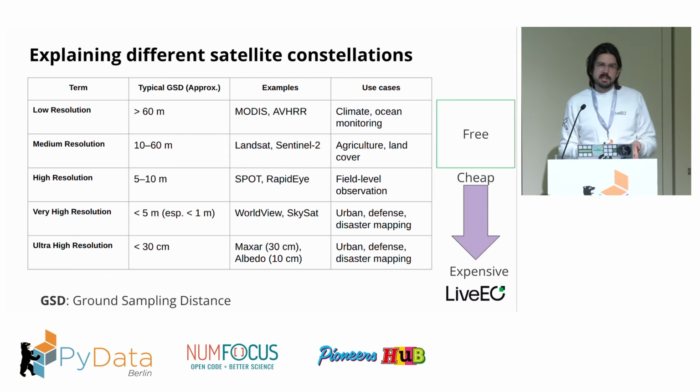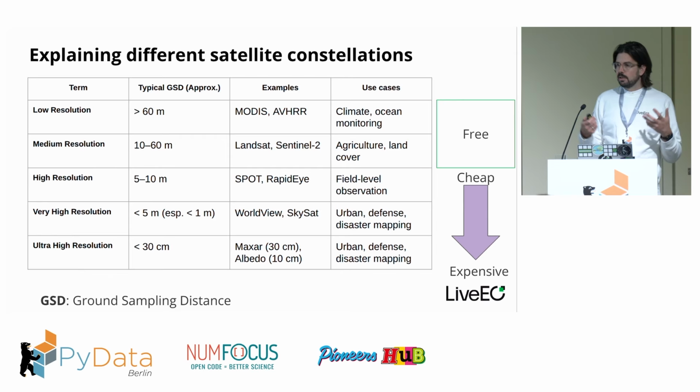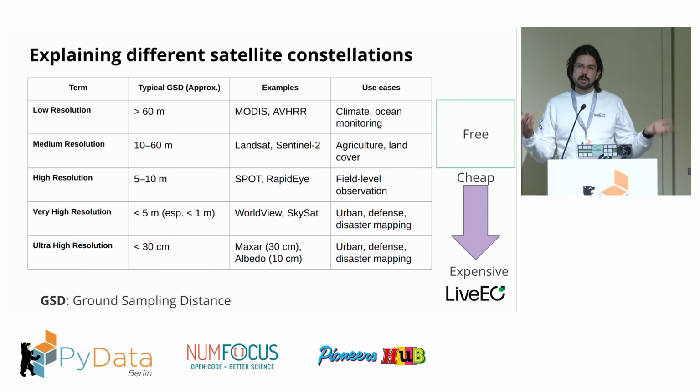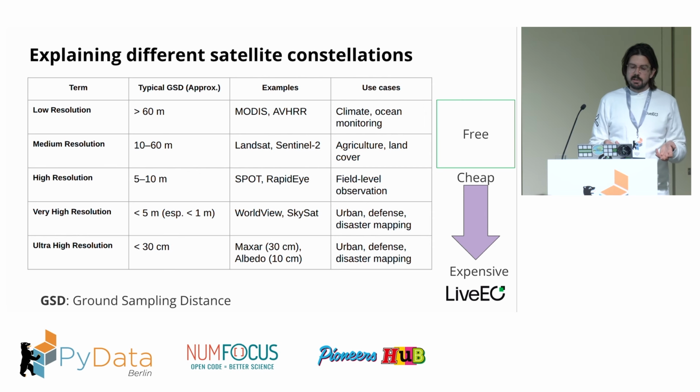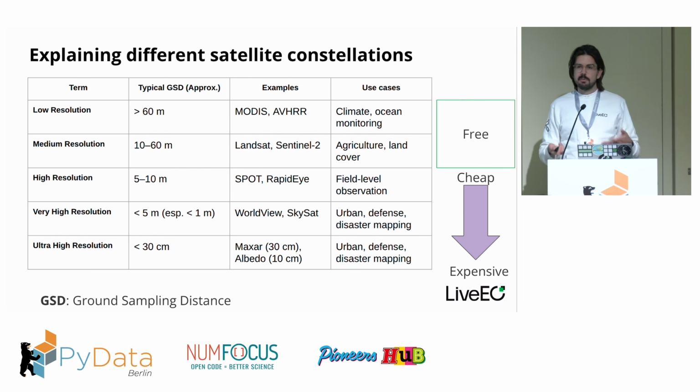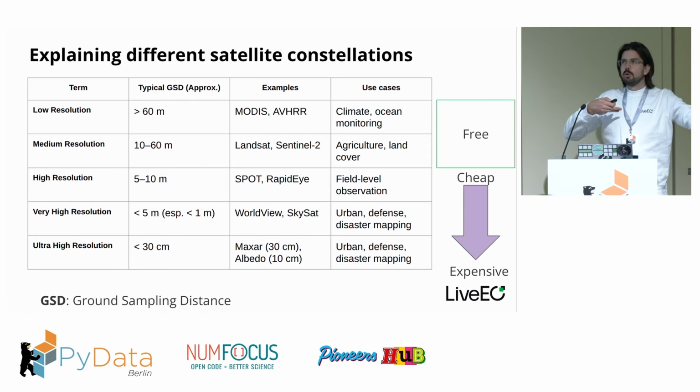One of the main characteristics is ground sampling distance, and you'll hear this term a lot. This is effectively the resolution of the satellite. Ground sampling distance means just what's the size of the pixel on Earth. So if a satellite has a ground sampling distance of about 60 meters, this means that every pixel is about 60 by 60 meters. Now this is good if you're mapping things like mountains or oceans or really large scale